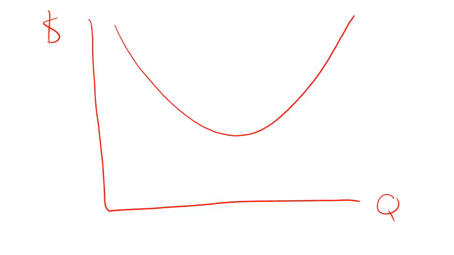We can do this pretty easily on a graph. I'm just going to sketch something nice and pretty here. Let's do that. We'll do quantity. We'll put dollars up here. Let's suppose the firm's average total cost curve has a minimum quantity of 20 and the minimum is $10, just for grins. I know that marginal cost,